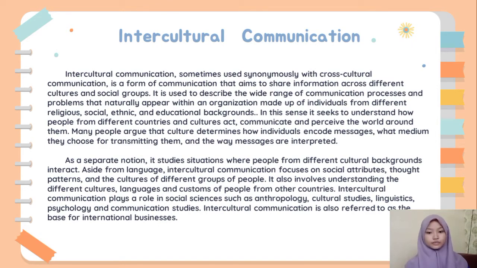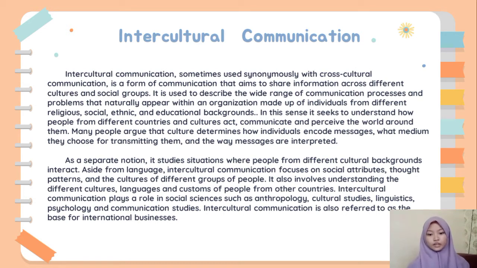Intercultural communication, sometimes used synonymously with cross-cultural communication, is a form of communication that aims to share information across different cultural and social groups. It is used to describe the wide range of communication processes and problems that naturally appear within an organization made up of individuals from different religious, social, ethnic, and educational backgrounds. In this sense, it seeks to understand how people from different countries and cultural ages communicate and perceive the world